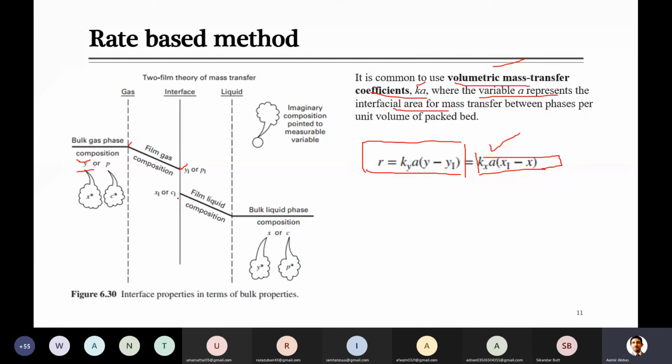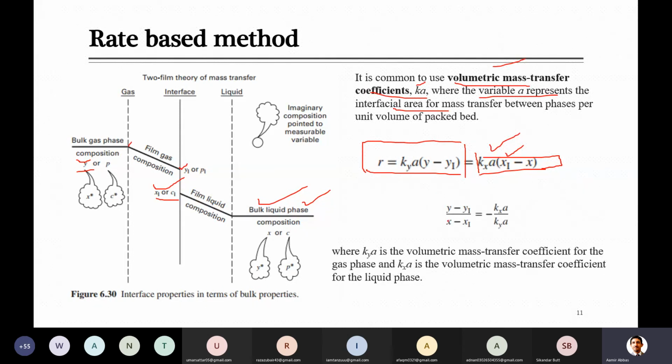In that case, you can see that the concentration of any solute which you are absorbing will be high at the interface as compared to the bulk liquid, because we are using the liquid to transfer that component from the gas towards the liquid. If it is already higher in amount, definitely there will be no transfer, maybe the opposite. But here, at the interface inside the liquid, the concentration is higher as compared to the concentration inside the bulk. So due to this, we mention it as Xi minus X.